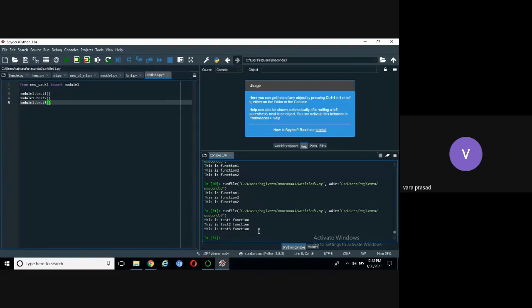Any questions regarding the packages? If the package is in a different folder, actually there are two ways. Generally, whenever you write import module name, it will take the module from the default path.